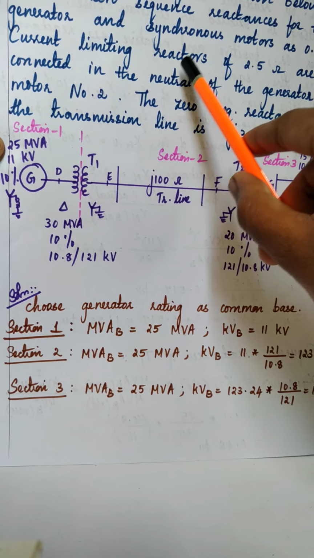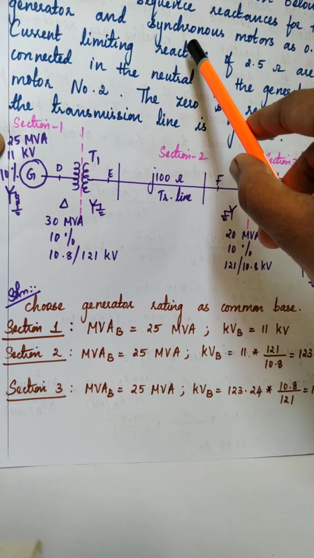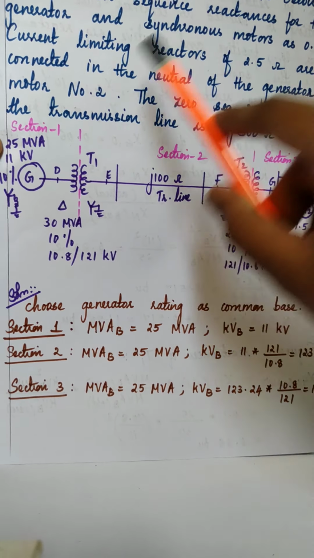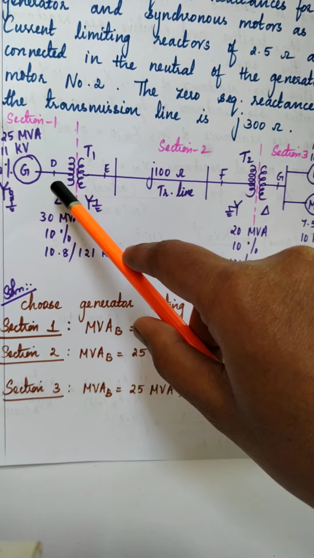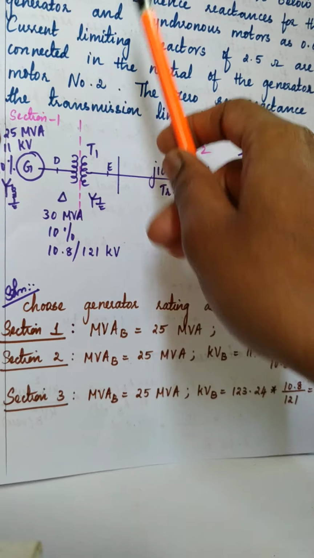So they had given the current limiting reactor as 2.5 ohm. So it is j2.5 ohm. So this is the actual value. So find out the base value. Actual by base will give you Xn in per unit. So how to find the base